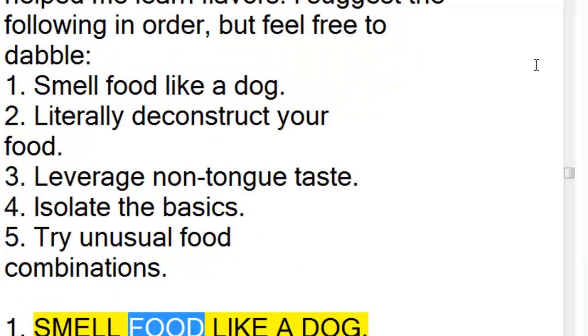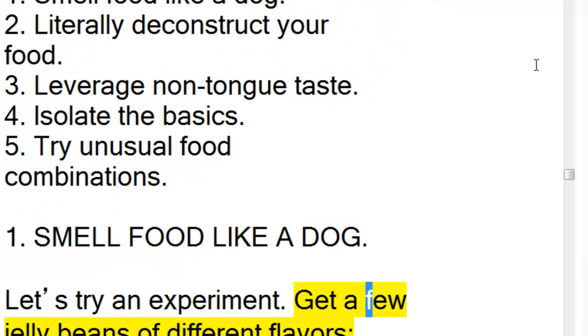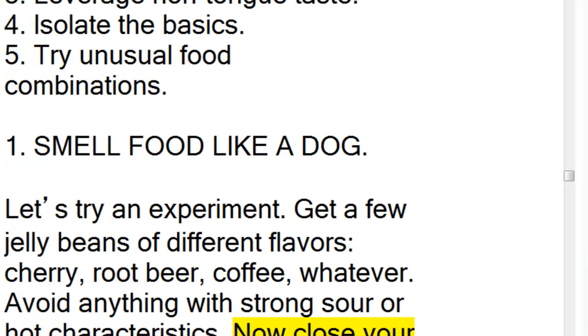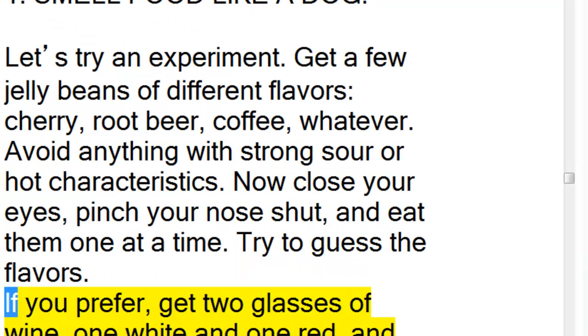1. Smell food like a dog. Let's try an experiment. Get a few jelly beans of different flavors: cherry, root beer, coffee, whatever. Avoid anything with strong sour or hot characteristics. Now close your eyes, pinch your nose shut, and eat them one at a time. Try to guess the flavors. If you prefer, get two glasses,